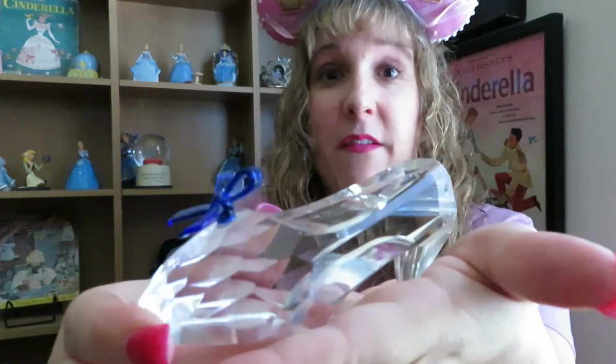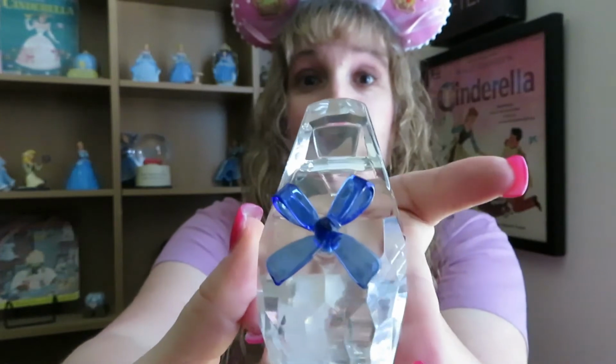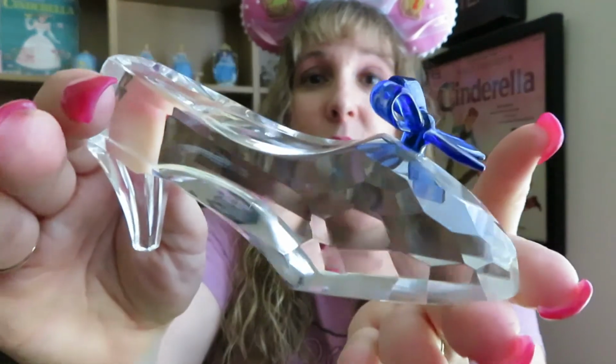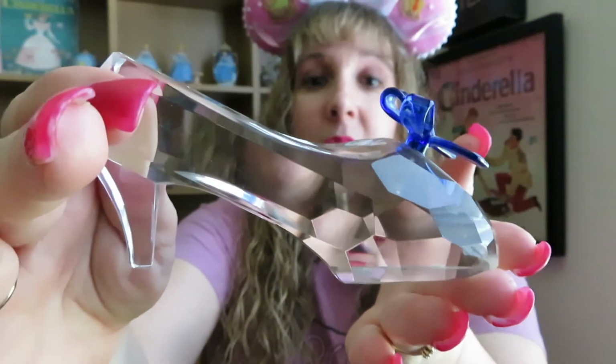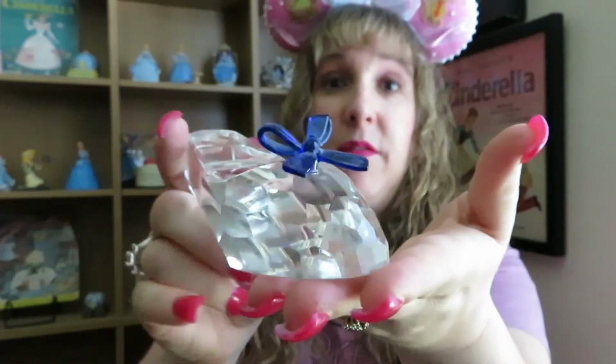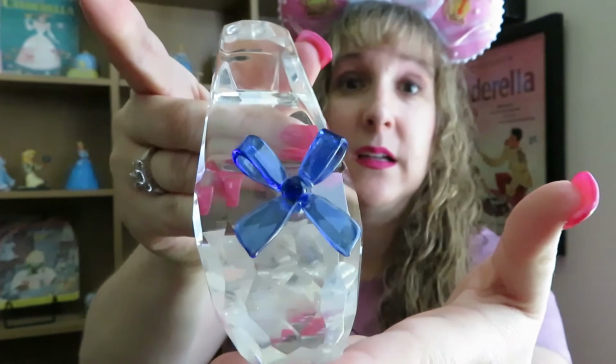But this is also a gift from my grandmother. This is one of the first gifts she ever gave me when she started giving me Cinderella collectibles, and here it is. It is a very large and very heavy glass slipper with a bow on it, and again, I'm going to be very, very careful, but you can see the most amazing gem style designs just through the glass itself on this, and it's very heavy. It could almost be like a paperweight,